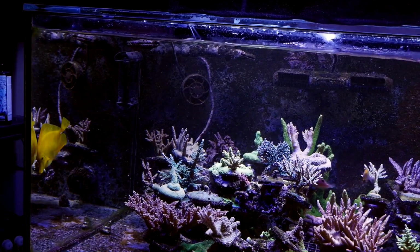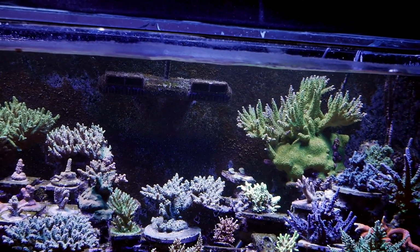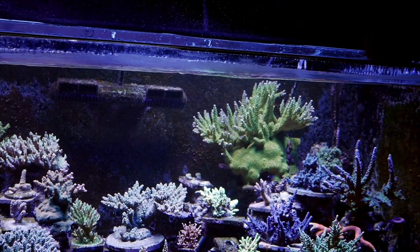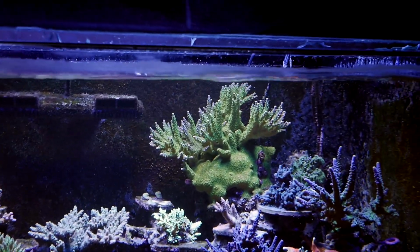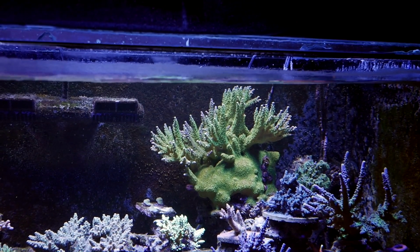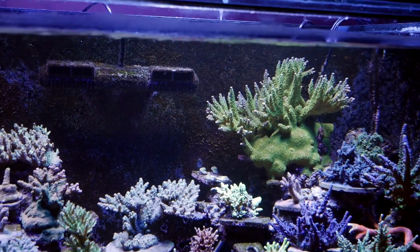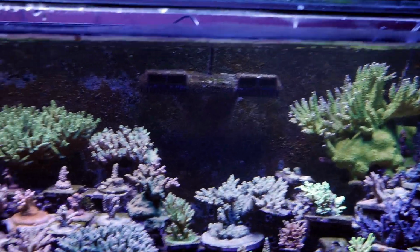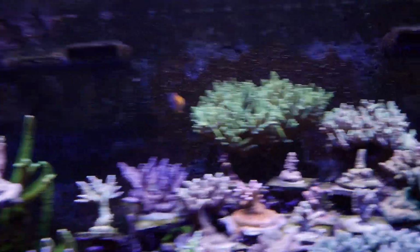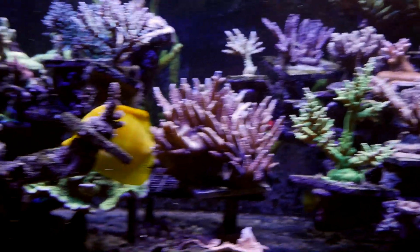Well, I did some reading, and one of the interesting things I read is that with dinos, when they say nutrients are out of whack, typically it's when your nitrates are much higher than where your phosphates should be. So if your phosphates are too low and your nitrates are too high, then you could run into a dino issue. And I thought, oh, that's interesting. Then I did more reading,